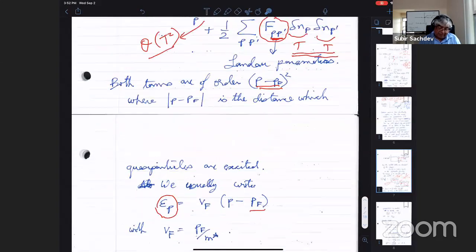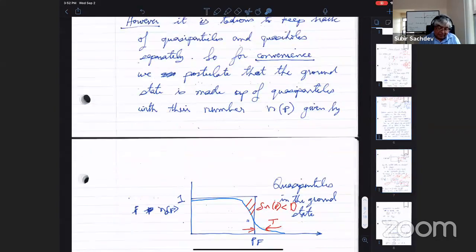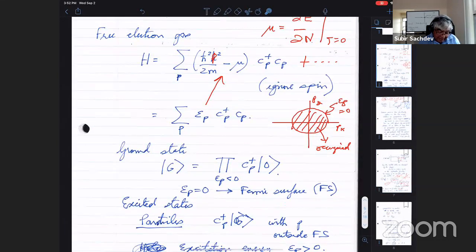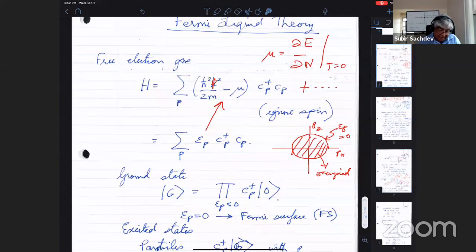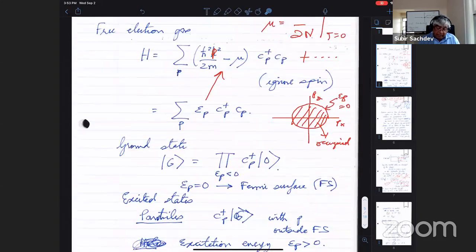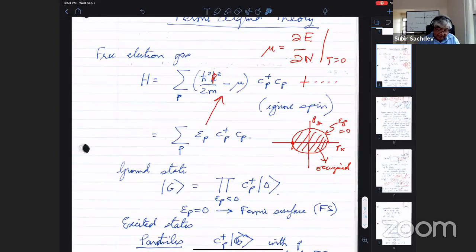So yeah, I should have been a little more careful here. Calling this mu, this is strictly speaking equal to mu only for non-interacting electrons. For interacting electrons in any system, this is the more general definition of mu, and that certainly does change. The position and the shape of the Fermi surface can change, but the area or volume enclosed by it does not depend on interactions. And for an interacting system, of course, we define the Fermi surface as the location of zero energy excitations in momentum space.